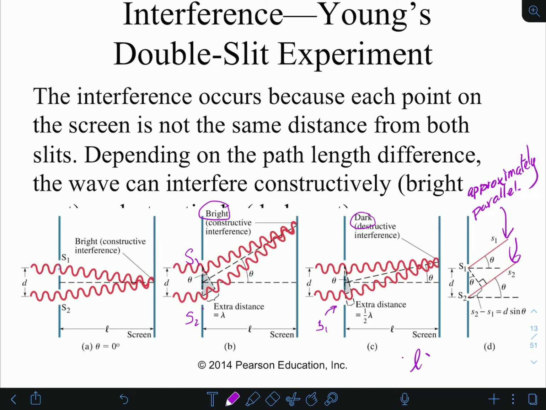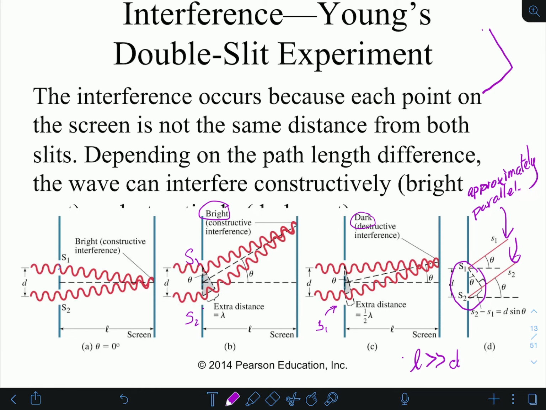So in other words, L is much greater than d. And so by saying that, we can presume that as this gets further and further away, these two rays are pretty much parallel. And so if we consider this triangle here, let me see if I can redraw that triangle up here